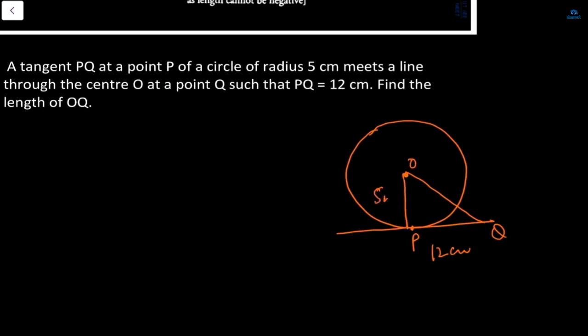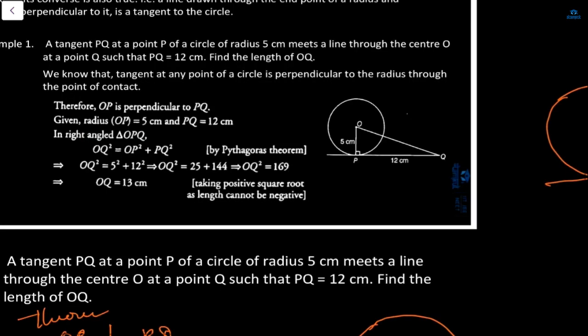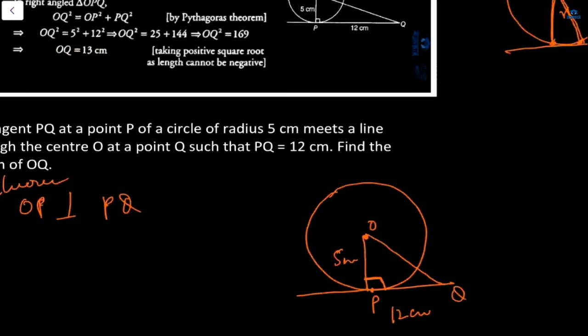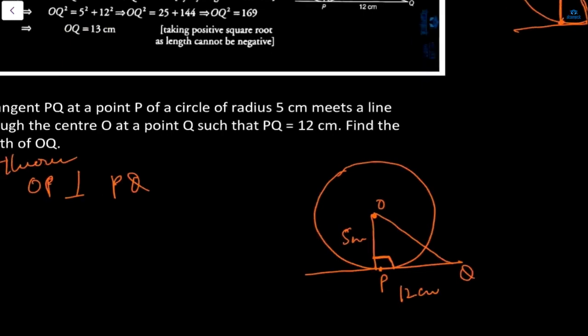Which is the Pythagoras theorem first to find... Yes, because this will be perpendicular. OP is perpendicular to PQ since it is a tangent. From theorem 1, you will mention theorem 1 here. Ma'am, we have to write the whole theorem? Yes, you have to write the whole theorem, these two lines. The tangent of a circle at any point is perpendicular to the radius through the point of contact. So OP is perpendicular to PQ. After writing the theorem, or beside it, you will write the theorem. So therefore